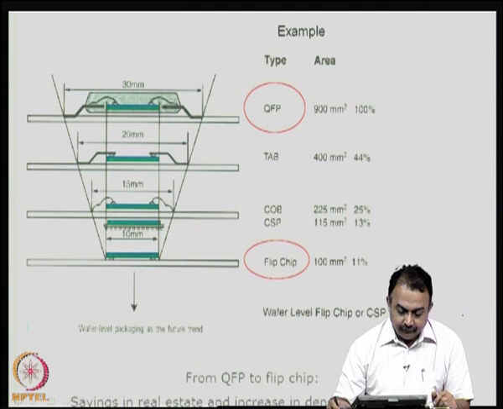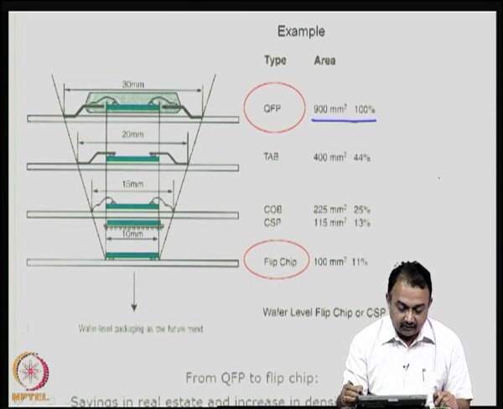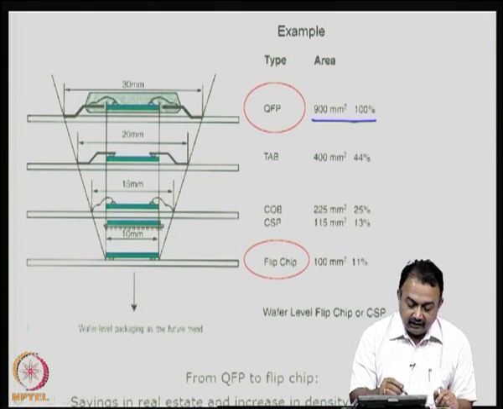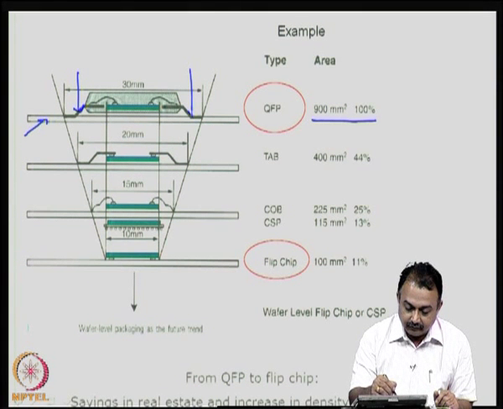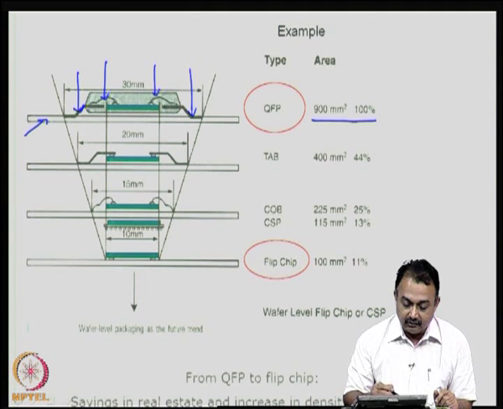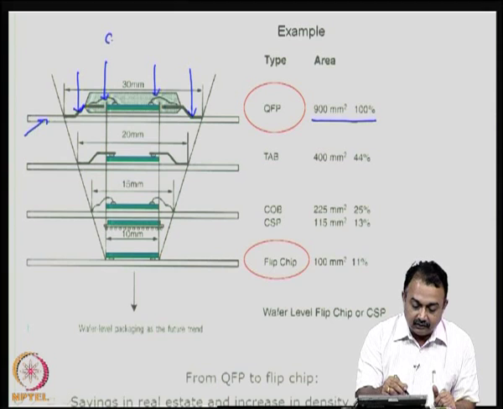For example, if you look at a QFP with an area of 900 mm squared, and if this is the starting point for us, so 100%, you can see here in this picture that this is the substrate. These are the lead frames of the QFP package, the black ones. This is the package body, and inner you can see here the wire bonds. Okay. So, this is the quad flat pack cross section. So, basically what you are seeing here is a cross section of packages.